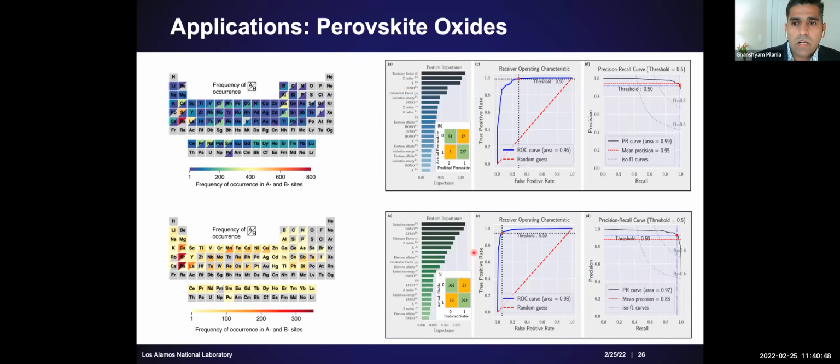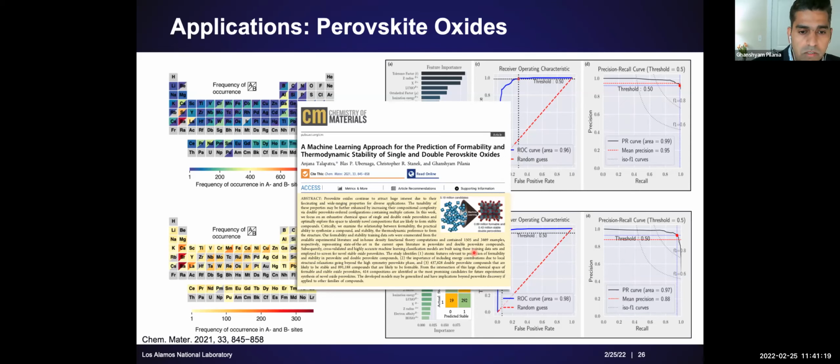That was just based on DFT calculations, but then we again go ahead and collect data on 1,500 perovskite and non-perovskite chemistries which have been experimentally synthesized, and label them, and then build another classification model with the same type of analysis. That allows us to predict how much potential a chemistry has to be synthesized in a perovskite crystal structure experimentally. We combine these two models to make our final predictions of new stable perovskite chemistries. Other details of this study can be found in this paper. I won't have time to go into all the details.